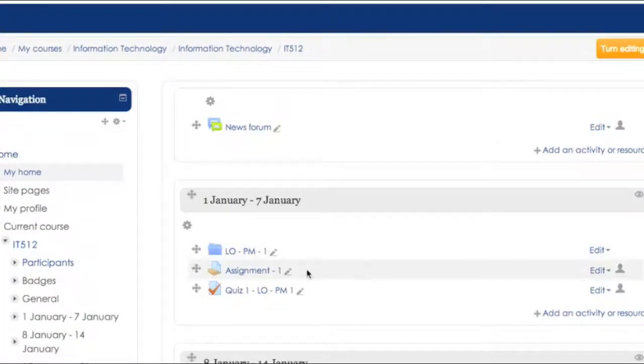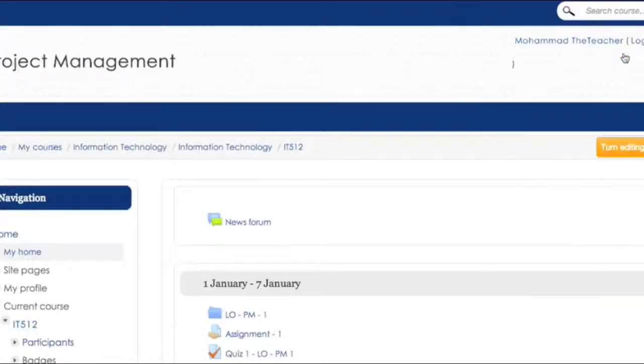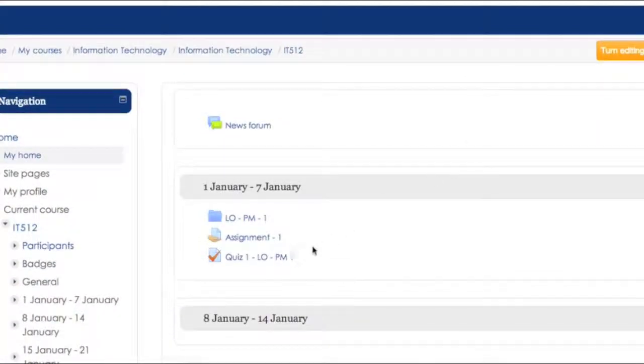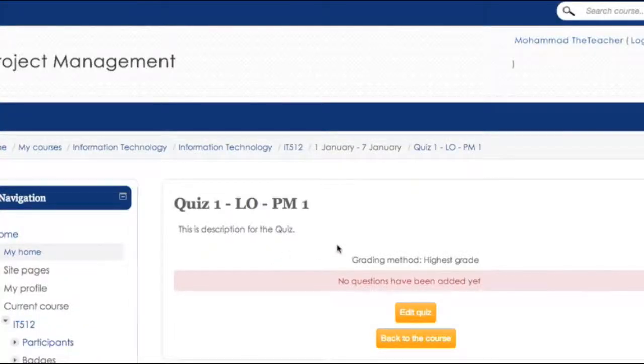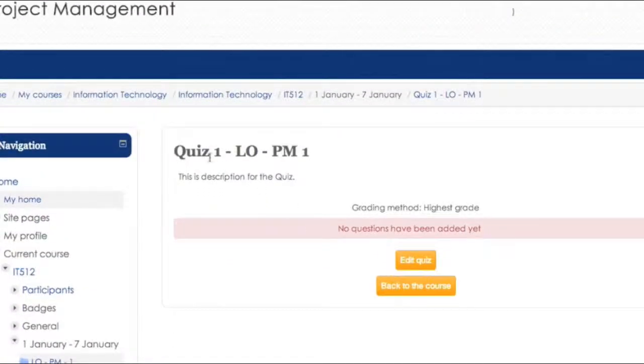As you can see now, Quiz 1, Learning Objective for Project Management 1, is added on the main page. Now in order to add questions, go ahead and turn editing off and click on the quiz, and it will navigate you to the Quiz 1, Learning Objective Project Management 1, main page. You can edit the quiz,